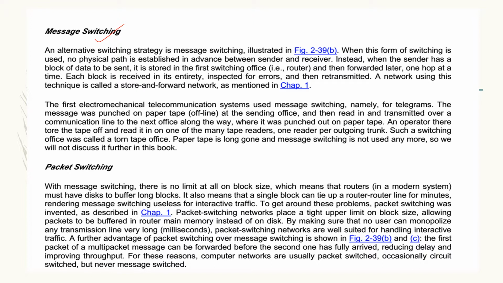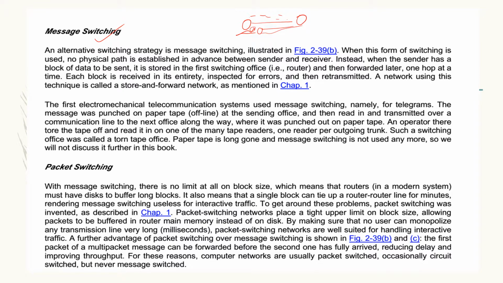All right, so in message switching, going back to circuit, what happens in circuit, the circuit has to be established, and then the data will flow. Okay, data will stream in. Okay, one data will flow, then the stream of data will go, okay, bit by bit. Whereas in